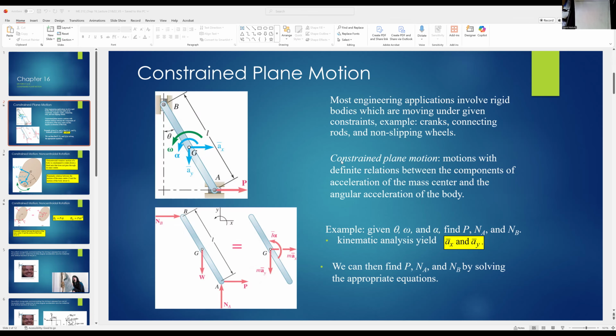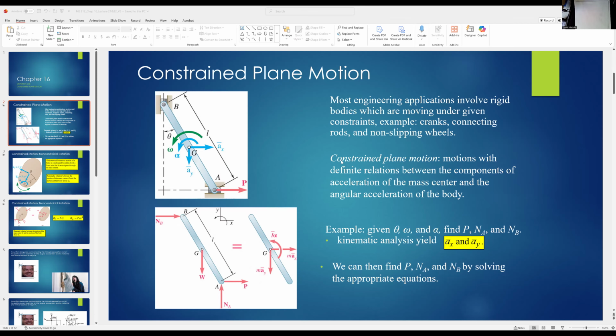So for example, we look at here, we've seen the upper picture before with the sliders, B going down and A going right with omega or alpha. Only now we're actually adding to it the center of gravity's acceleration, so acceleration in the x direction and in the y direction, something we didn't really deal with in chapter 15. And so we can model that as an FBD and a kinetic diagram in the lower picture